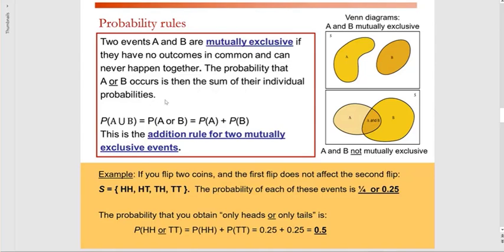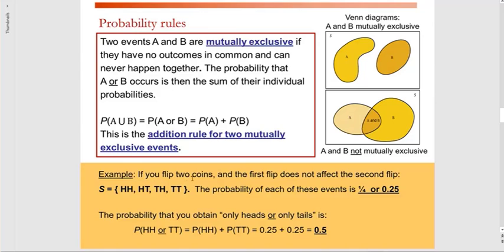So we can write probability of A union B, which means probability of A or B, is equal to the probability of event A occurring plus the probability of event B occurring. And this is the addition rule for two mutually exclusive events. If A and B are not mutually exclusive, as is the case in this picture here, where we see there's overlap, the events A and B share at least one simple event in the sample space,